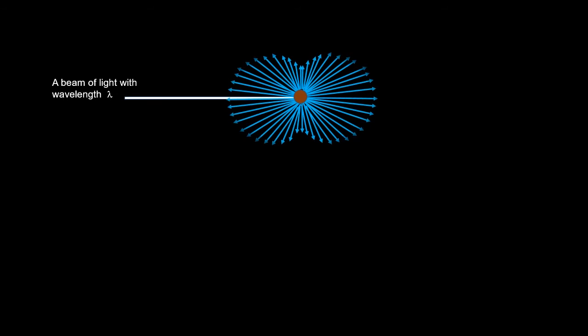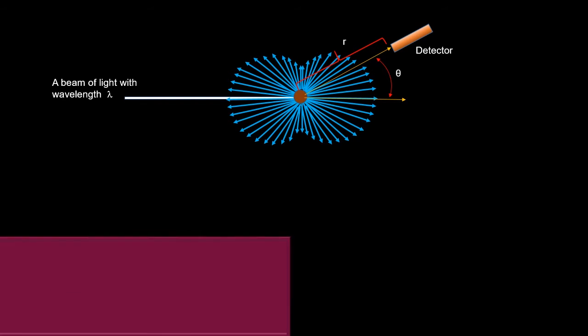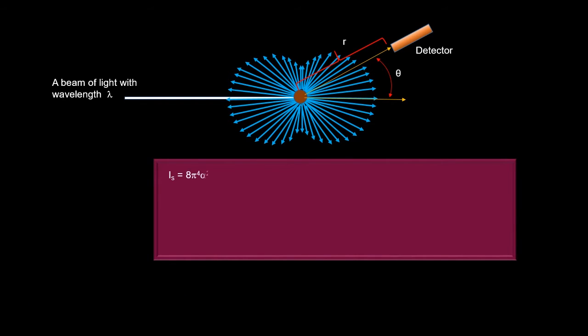Consider a beam of light with wavelength lambda falling on a particle whose dimension is not greater than 5 to 10% of the wavelength of incident radiation. Light will be scattered symmetrically as shown here in the case of Rayleigh scattering. The intensity of the scattered radiation can be determined by a detector kept at a distance r from the scattering center. Lord Rayleigh derived an expression for the intensity of scattered radiation as Is is equal to 8 pi to the power 4 alpha square into 1 plus cos square theta into I0